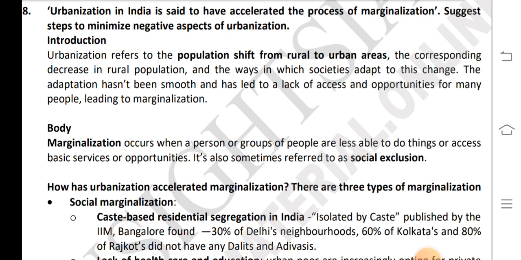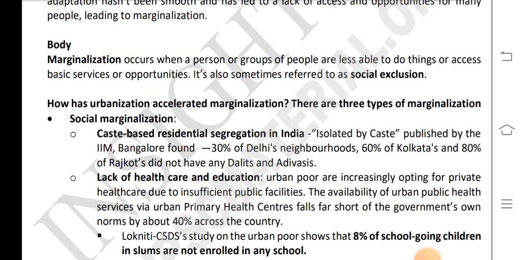Urbanization refers to the shift of populations from rural to urban areas and the corresponding decrease in rural population, and the ways in which society adapts to this change. The adaptation has not been smooth and has led to a lack of access and opportunity for many people, leading to